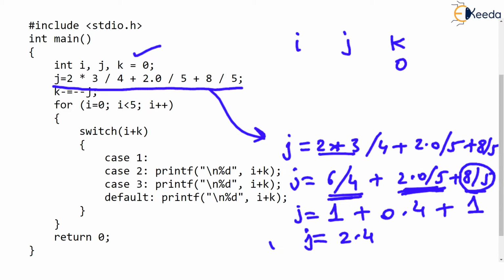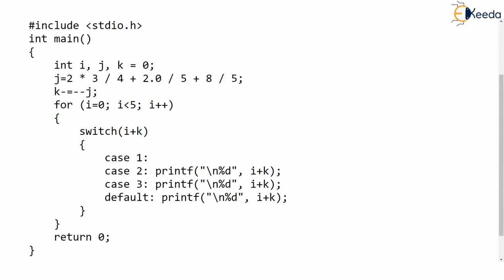But hello, J is an integer. Notice that J has been declared as an integer in the declaration. So it cannot store 2.4, but it will store only 2. So that was the twist here. This expression was a bit tricky because there was a float involved over here. This evaluated to 0.4, and that's why the gross value that we got was 2.4. But finally, J silently stores the value 2. Okay. So what exactly have we got till now in this problem is I, J, K. K was 0 and J got evaluated to 2.